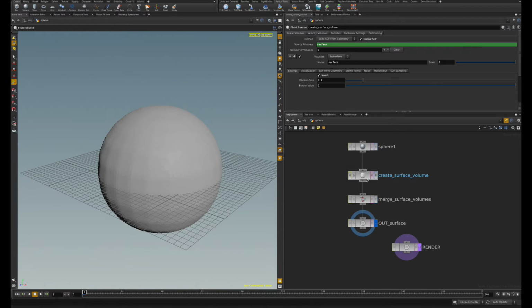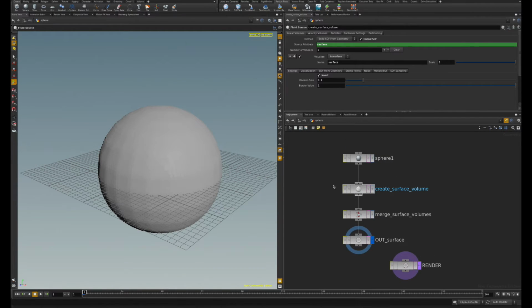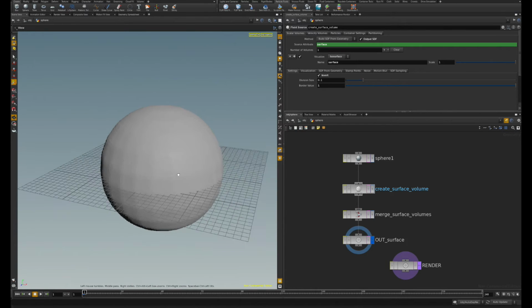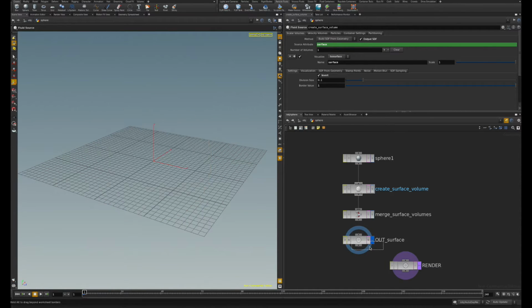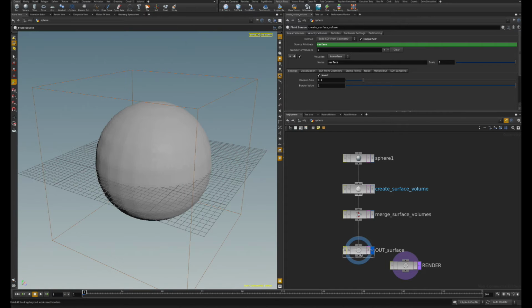Our original sphere is fed into a create surface volume node, which creates a volume representation of the sphere, which is used to emit particles into our flip simulation, and everything at the end is fed into this null object, which I accidentally disconnected here, which happens all the time and I hate it. And yeah, this is just a null,